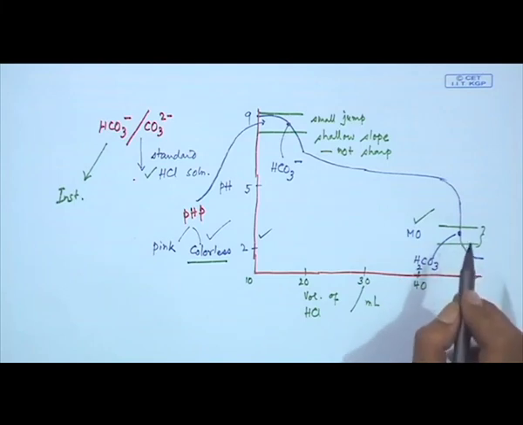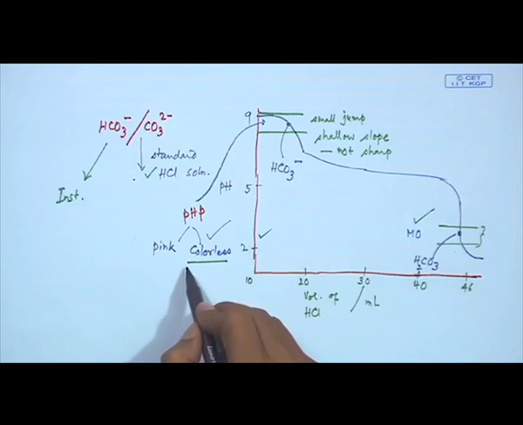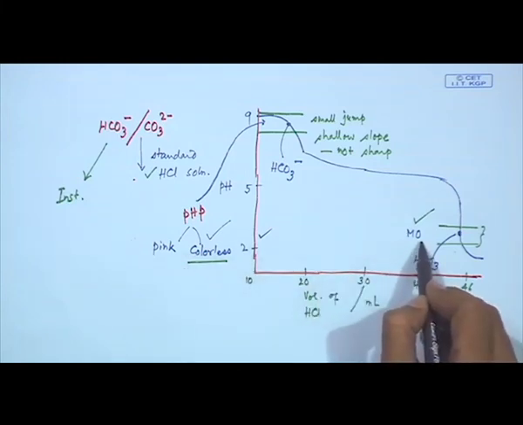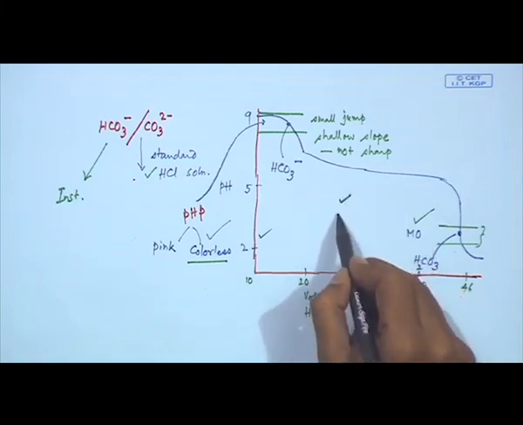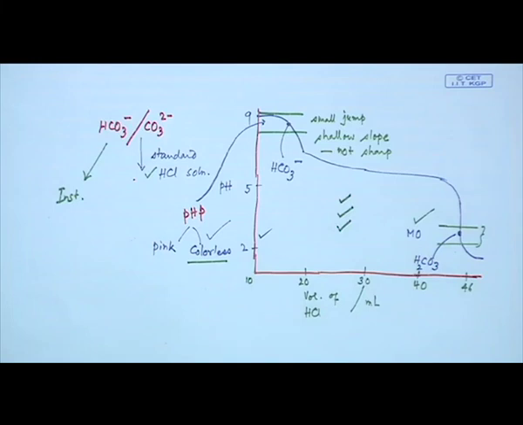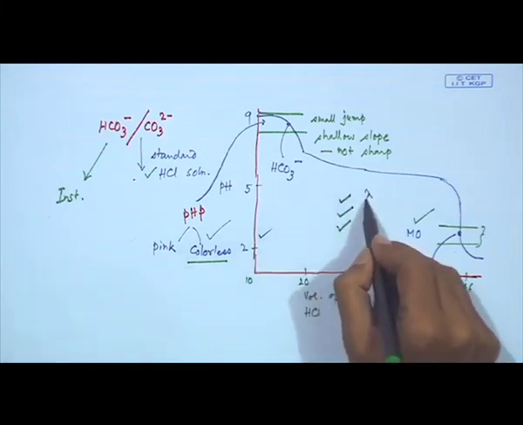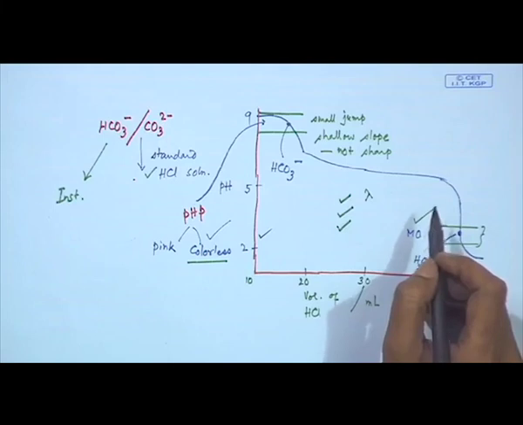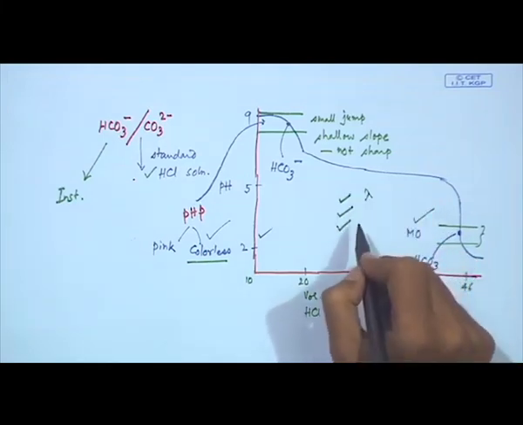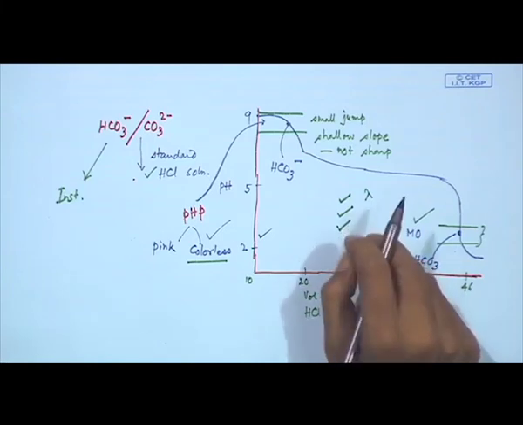So, that is why it is a good example of the use of indicators and the use of color. Here we have the pink, and here we have the yellow to red color for the second indicator. So, we have three colors: pink, orange-red, and yellow. We will see how different lambda values will be helpful if we try to detect the same titration using an instrumental method for this analysis.